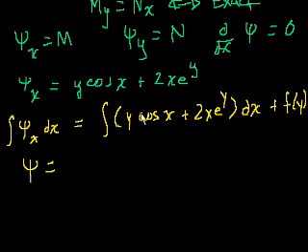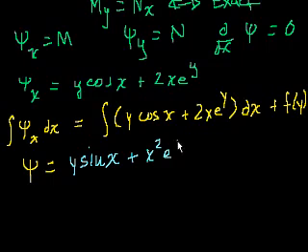So let's figure out this integral. I'll do it in blue. y is just a constant, so the antiderivative of y cosine of x is just y sine of x, plus e to the y is constant, so 2x. The antiderivative of 2x with respect to x is x squared, so it's x squared e to the y. And then plus some function